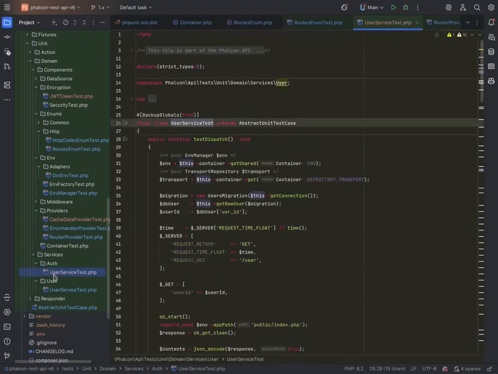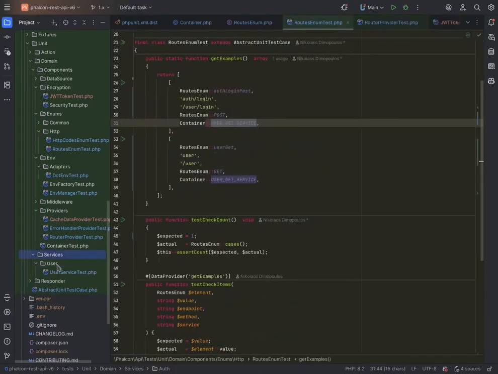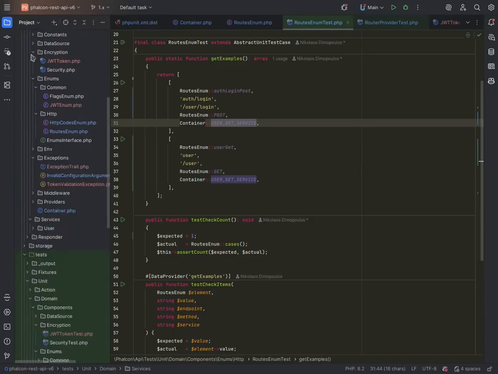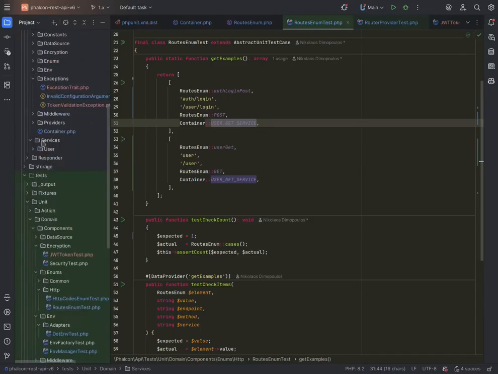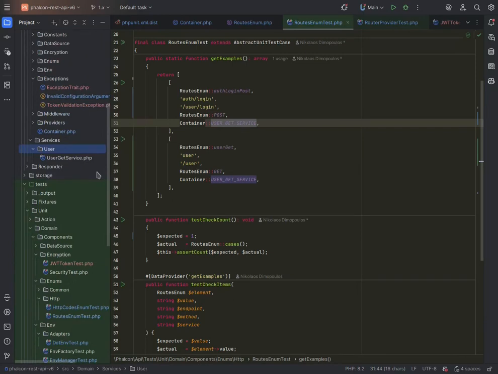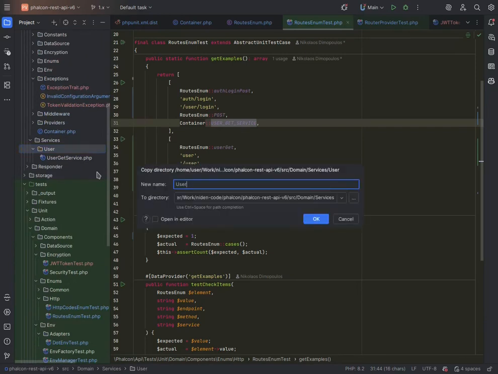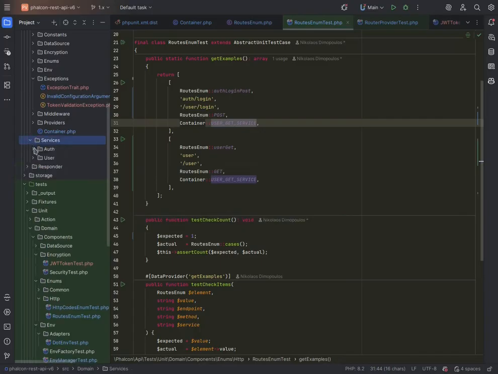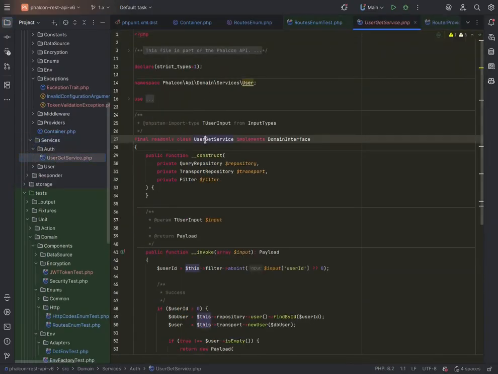Dang it. This is the test. Let's remove the test for now. Let's go to the main. Let's give us some space here. This one will become auth. And this one here now will become login post service, and then this one would remain as login post service. Okay,